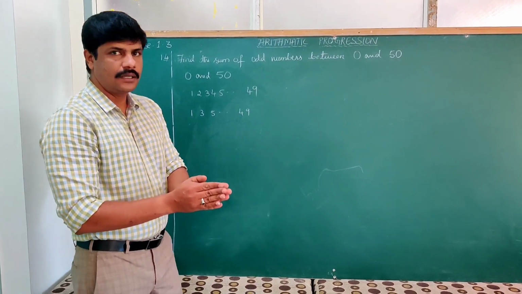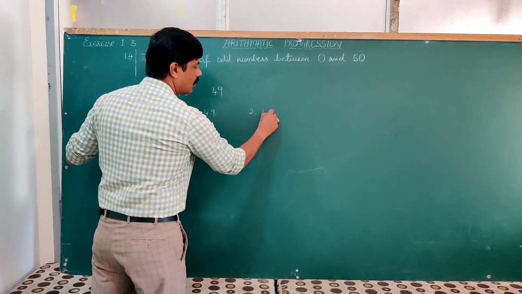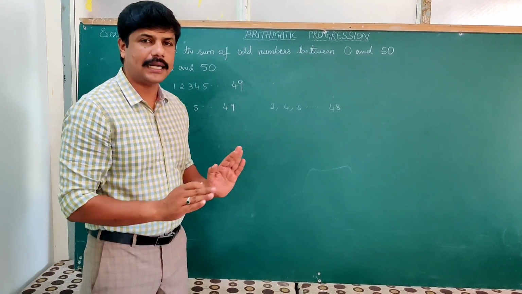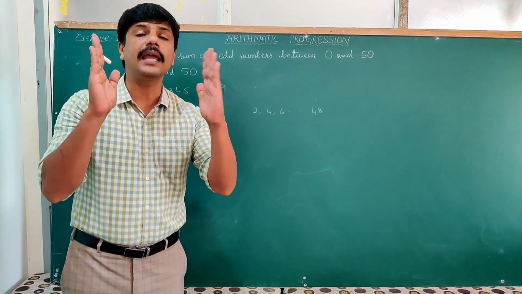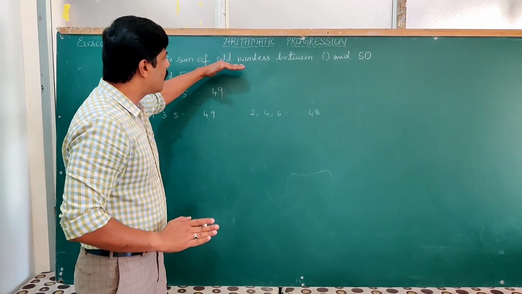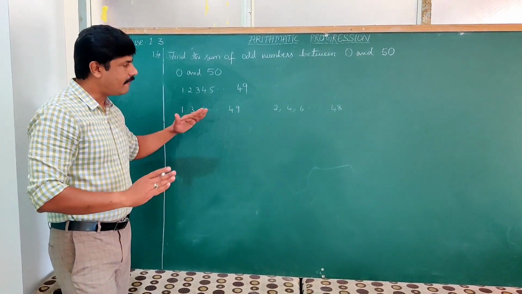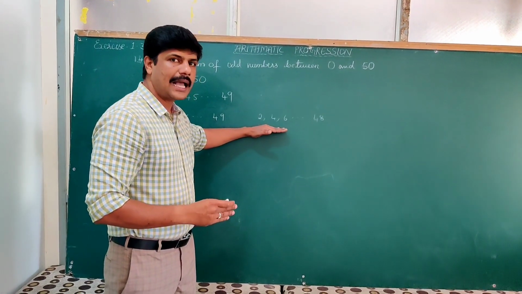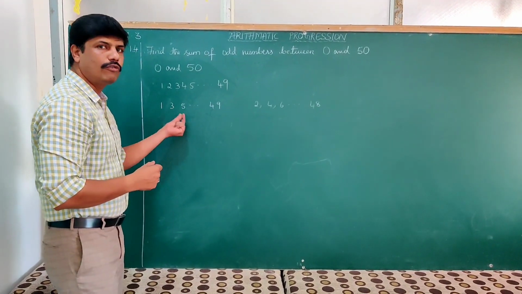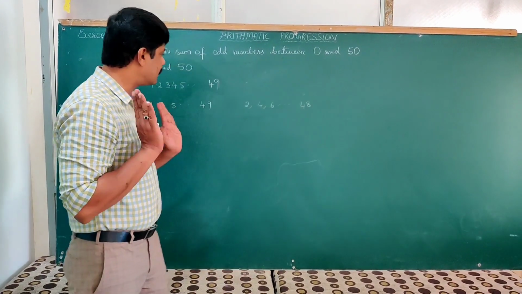If it is asked to find the even numbers between 0 and 50, then you have to select 2, 4, 6 up to 48. Here, though 50 is an even number, you should not select it because it is asked between. When it is asked between, neglect 0 and 50. Okay. Now here it is asked for odd numbers between 0 and 50, so I have selected these numbers. If in the home assignment you do even numbers or multiples of 2, multiples of 2 between 0 and 50 are 2, 4, 6, that is even numbers itself. Multiples of 3 are 3, 6, 9, etcetera. You can select that. Understand?